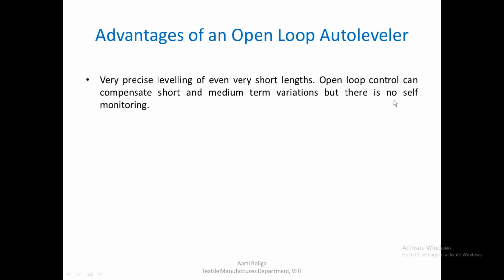So when I say there is no self monitoring, what I mean is the measurement has happened, the correction has happened after the measurement is done, but after the correction is made, whatever delivery material has come out, again there is no kind of control over it. Nobody is checking again to see whether whatever action you have taken is wrong or right. So there is no self monitoring over here. Once the correction is done, it's over. The material gets delivered into the can.